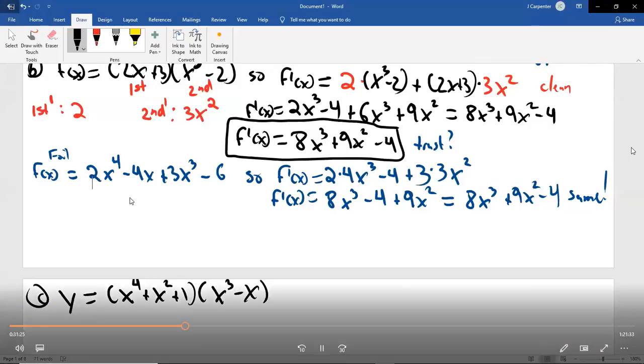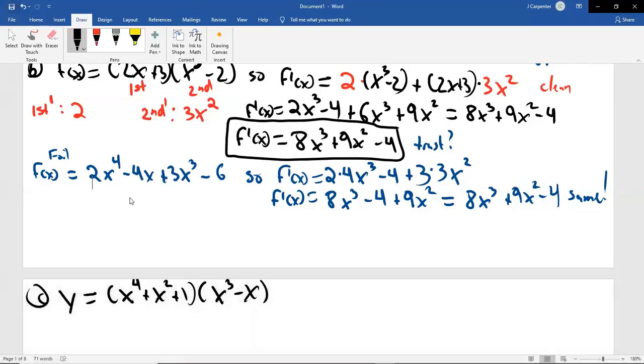And guess what? How do you figure out which one's quicker? Practice. So you learn, hey, I should multiply this type first because it's quicker. And then you'll say, all right, this type that I've done 100 times, I know that I should do the product rule first, then multiply everything out because it's quicker. But if you only do this 3 or 4 or 5 times, you're not going to learn those efficiencies,